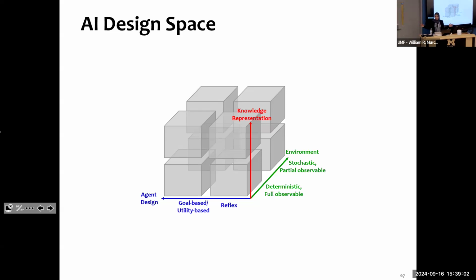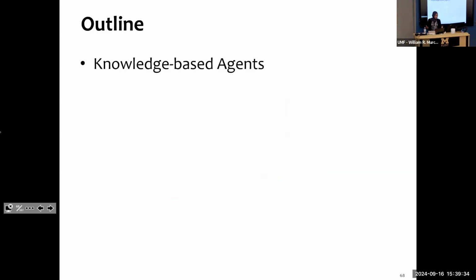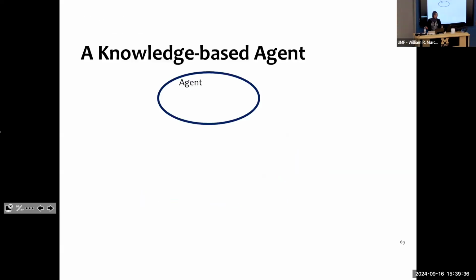Now what we are going to deal with, which gives birth to the design space of AI, is the knowledge representation axis. We are going to focus on this one, and it varies from variables, let's say words, could be linguistic variables, towards the logic, which represents the meaning or the semantics of things. So this is the whole AI design space, and we are going to start with the knowledge-based agent to understand